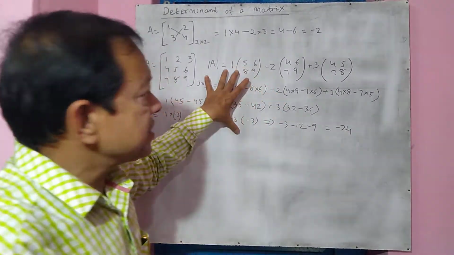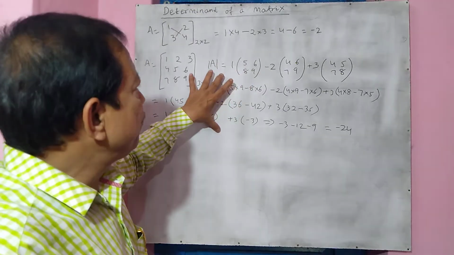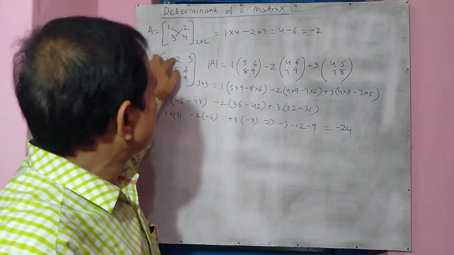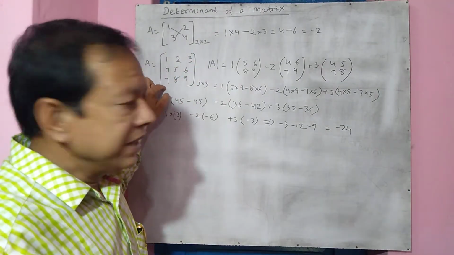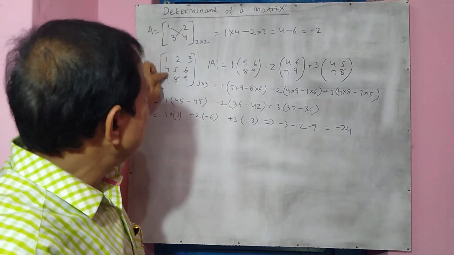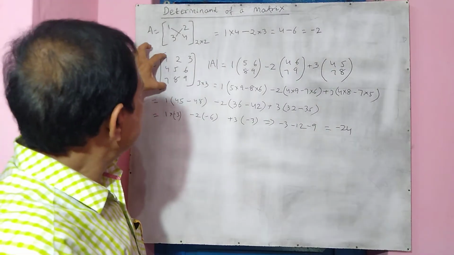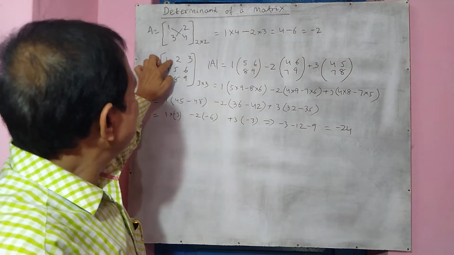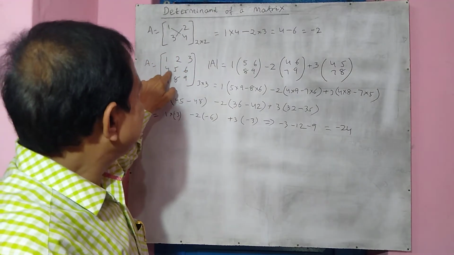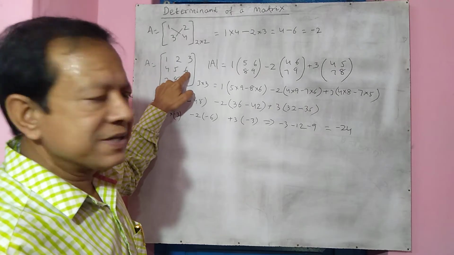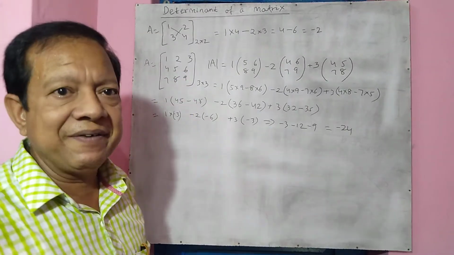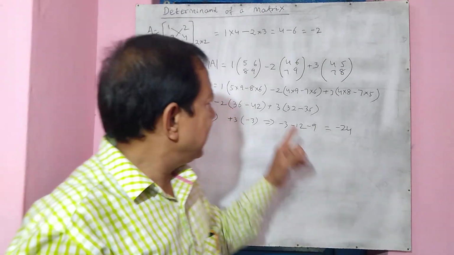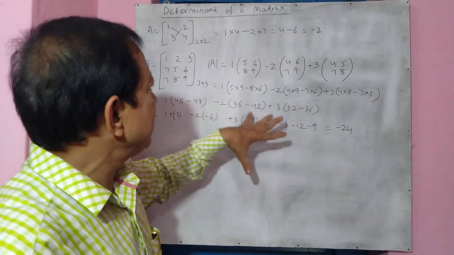So this is the process by which you have to find out the determinant of a matrix by taking a single row or a single column. In the same fashion, you can take a column also. In this also you can take a column: 1 4 7 also you can take, 1 2 3 also you can take, second row 4 5 6 also you can take, third row 7 8 9, whatever you want to take you can take, the answer will be same. There may be some plus minus differences you see here.